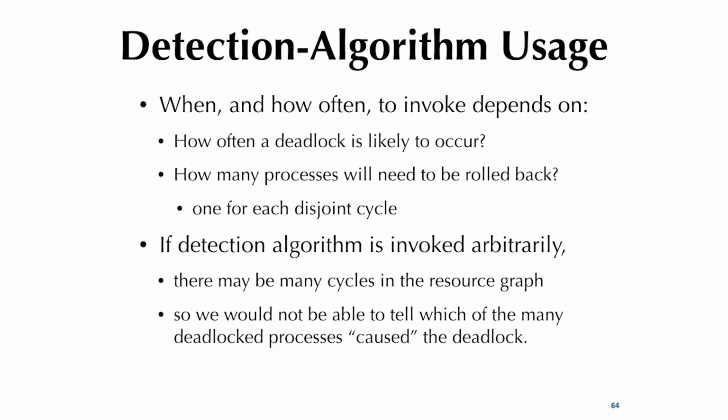Now to resolve a deadlock, you have to break a cycle, but how many processes and which ones do you pick? Even that takes some thinking. Minimally you have to break one, and hopefully all you do is break one. But the question is, do you have just one cycle? If you break one, you broke that particular cycle, but there may be other cycles in there that you didn't know about. There may be many cycles, so it's hard to tell which process was the root cause.